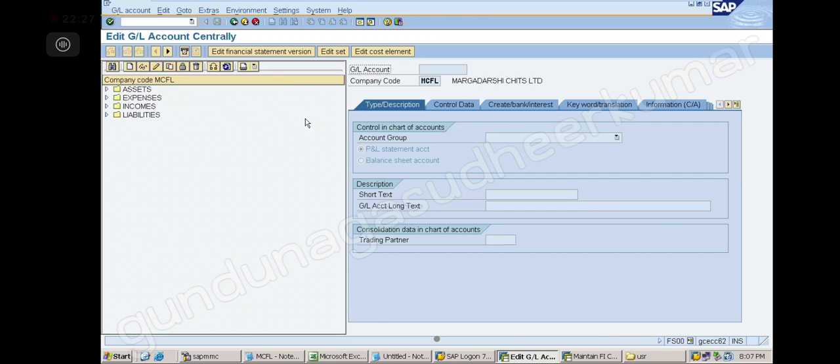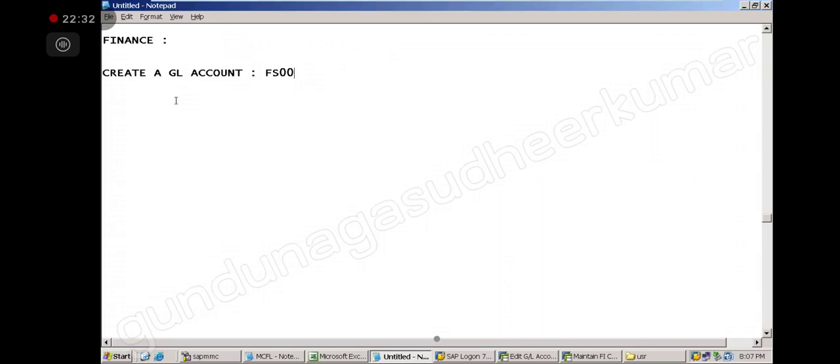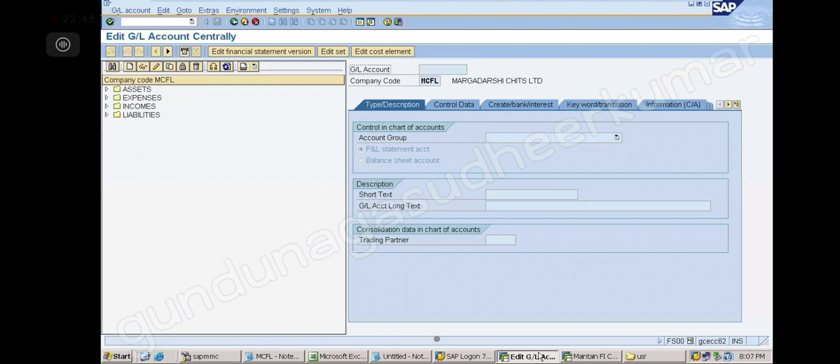Now what do I want to do here? I want to create a GL account. So what should I click on? Create.